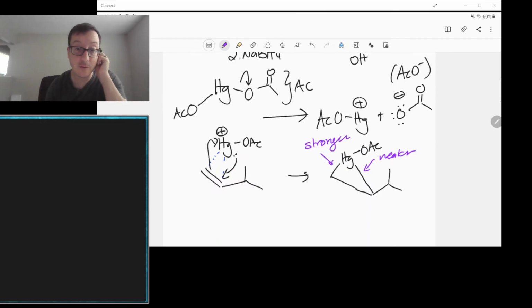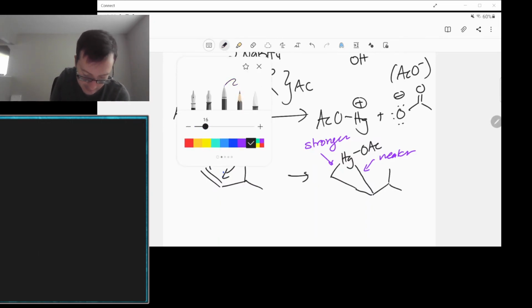Because of the nature of how this reaction is taking place, mercury is not really one to make that many covalent bonds, right? But we're going to see that because mercury is kind of special, it's a metal. Metals make different types of bonds than covalent things do, right? So what actually happens here is because this bond is a little bit weaker,